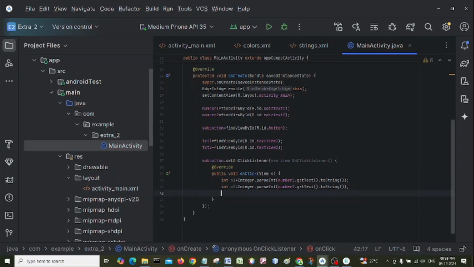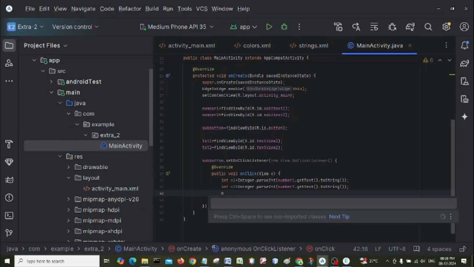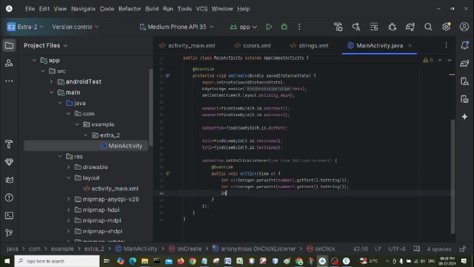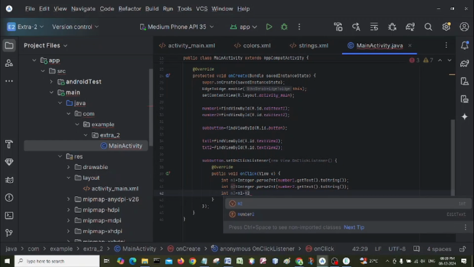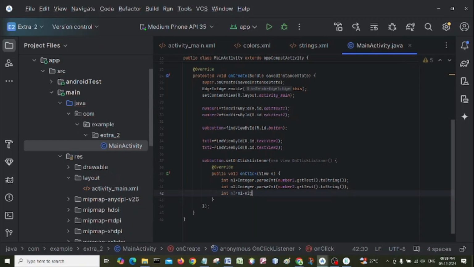Now I have to add these values. So I want to store in the integer variable. So declaring integer n3, third variable. What is the operation I have to perform? I have to make a subtraction. So subtract n1 from n2, give semicolon. Now the result is available in n3, so I have to move this n3 value to the text view,